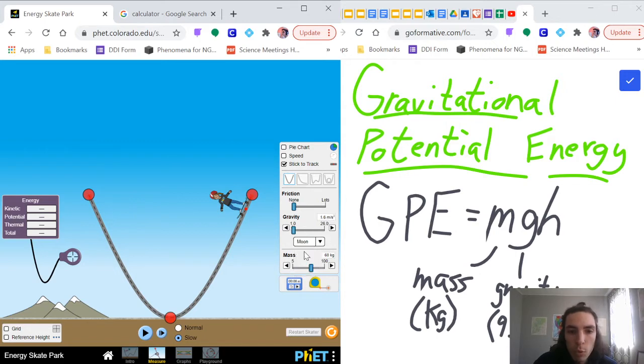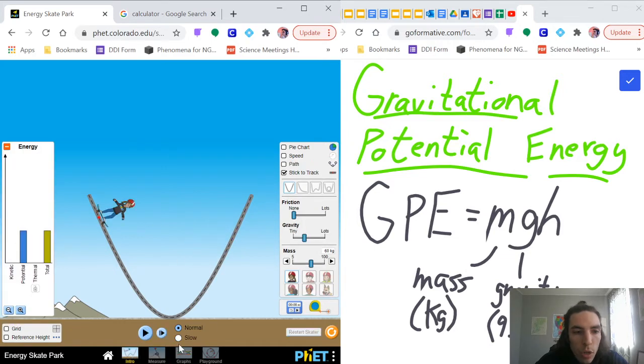We could pick different ones actually. For the moon, it's only 1.6. For Jupiter, it's 24.8. And for custom, I can change it to anything we want. But I'm going to use Earth for now in this simulation over here. Now, one thing before I mention h that we can probably figure out and guess anyway. But if we go back over to this simulation that we've used in class before,